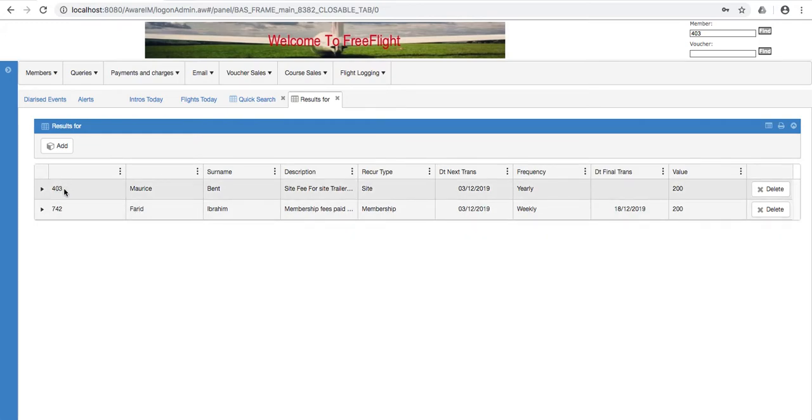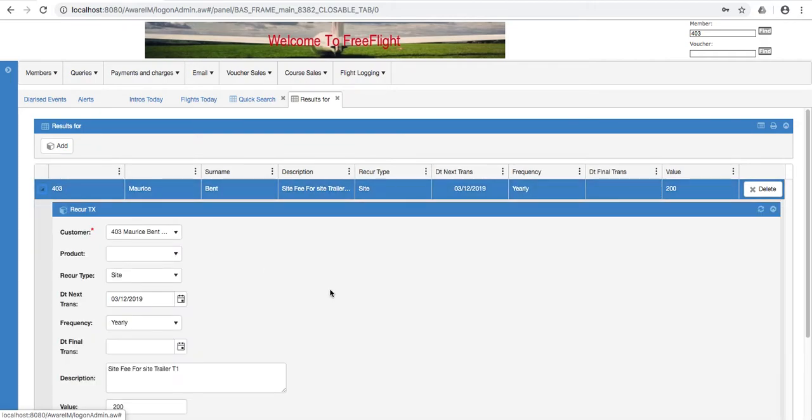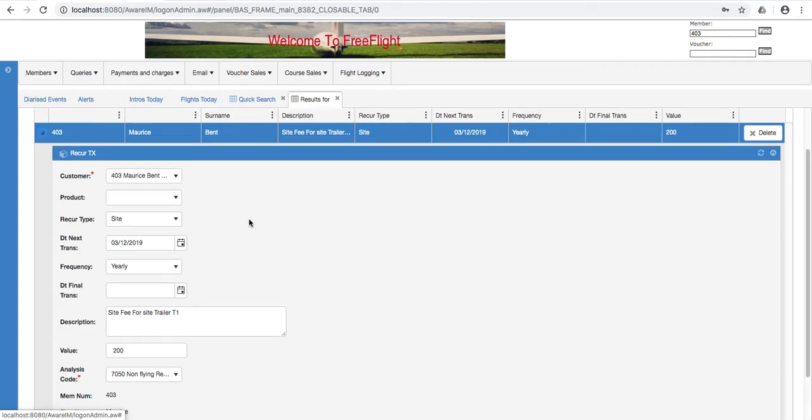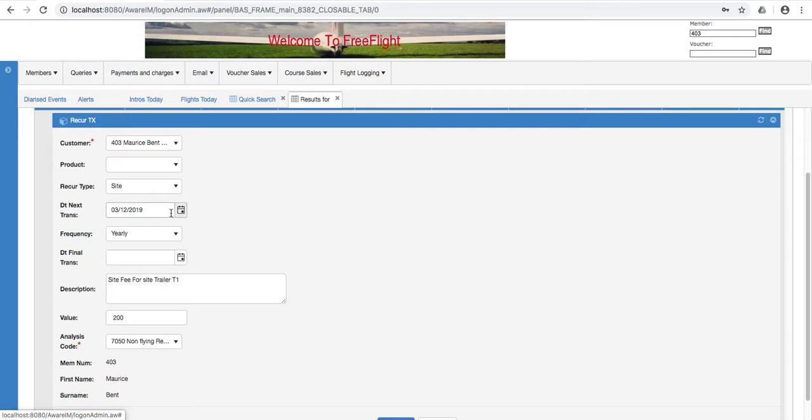The first one is set up for me. Let's have a look at it and see how it's configured. You notice that there's a button at the top called add, which will allow you to add as many recurring transactions as you need. So let's open it up, and you can see the customer is me. We've not tied it to a product. It's a site recurring transaction. And the date of the next transaction is actually today, and there is an overnight process set up within the